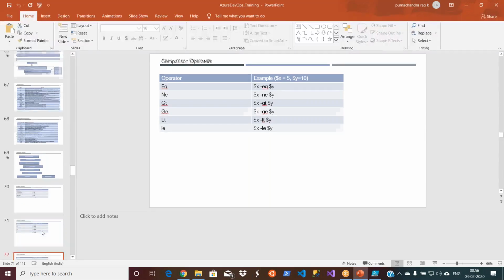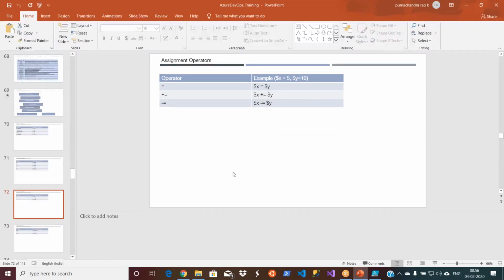The same way, we have the assignment operators. If you are a programmer, you know what plus equal to, minus equal to are. There is no special significance to these operators. Basically, what we are doing is $x plus $y, and then we get the sum of two numbers.